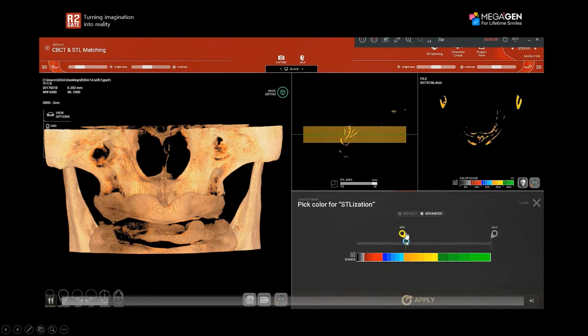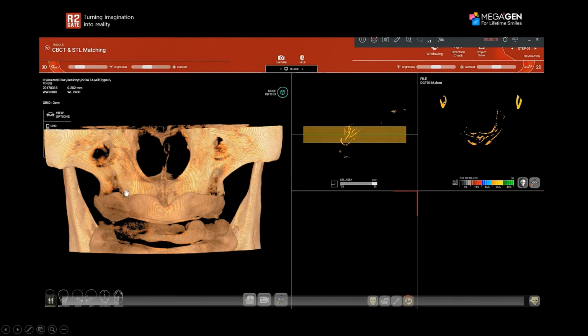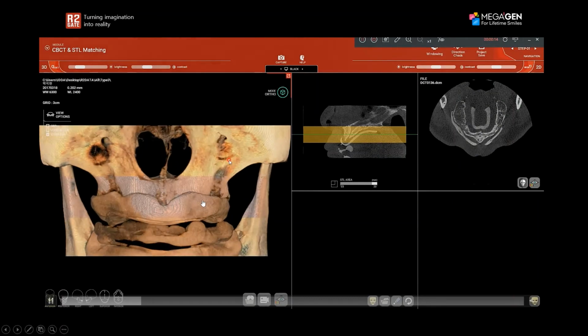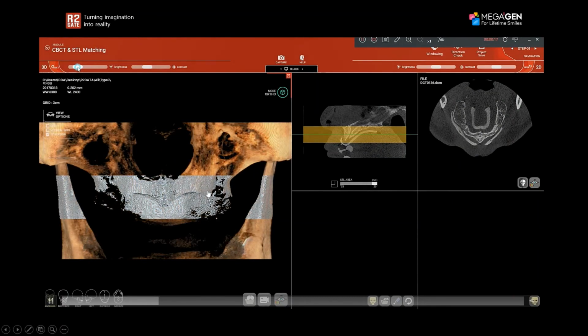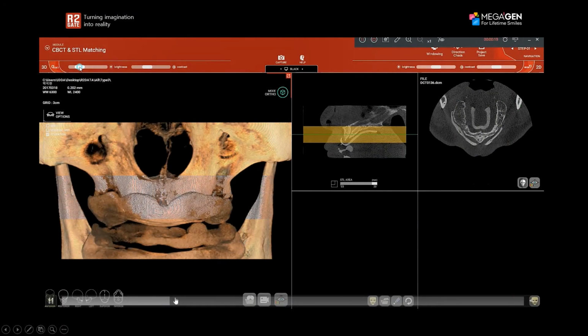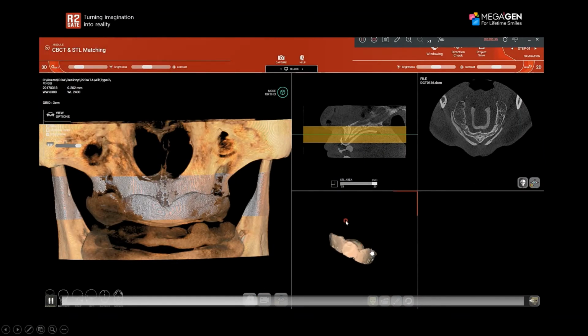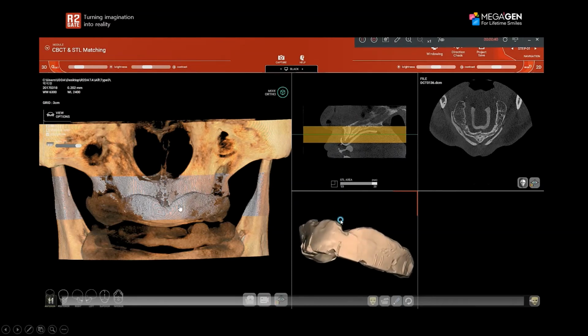And what I'm doing right now is I'm trying to find the threshold that shows me that tray. And since I can see the tray right now, this is the STL file of the tray. And what I will do right now is I'll import the tray scan. And now I'll go ahead and find matching points between the tray and the